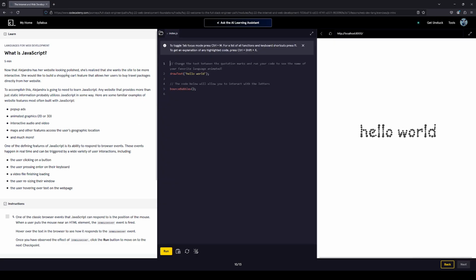What is JavaScript? Now that Alejandra has her website looking polished, she's realized that she wants the site to be more interactive. She would like to build a shopping cart feature that allows her users to buy travel packages directly from her website. To accomplish this, Alejandra is going to need to learn JavaScript. Any website that provides more than just static information probably utilizes JavaScript in some way. Here are some familiar examples of website features most often built with JavaScript. Pop-up ads, animated graphics, 2D or 3D, interactive audio and video, maps and other features that access the user's geographic location,